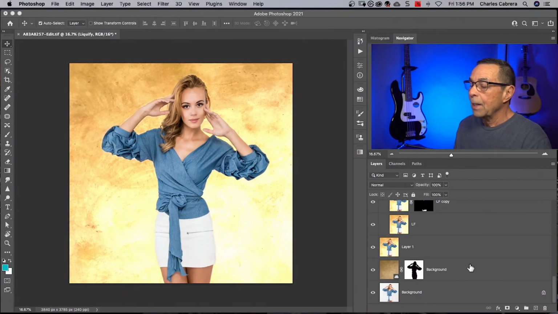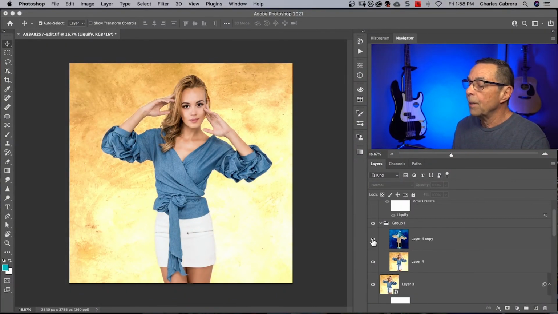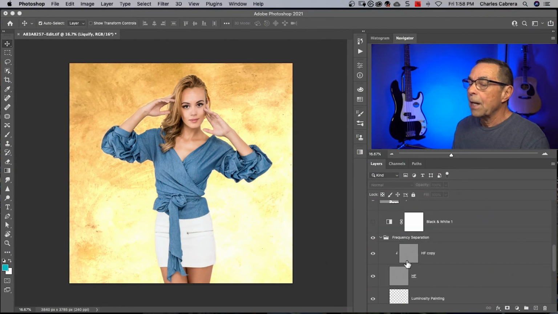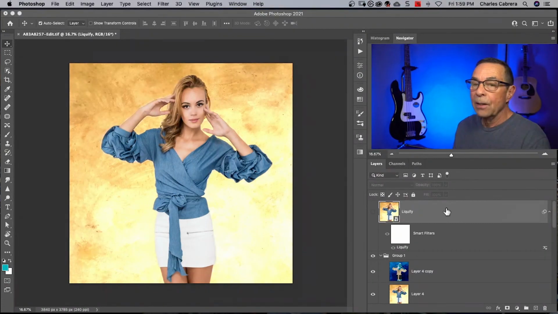Say if I did it right away, I would have all these other layers on top of it that I would be changing. If I did it last, you're still thinking that how am I going to change any layer below that? I would have to redo all my liquefy. But all I would need to do would be to turn off my liquefy layer, and I come down to any of my other adjustments, and I can turn them off or make adjustments to the color. I can go down to my frequency separation and do more blemish removal. And now I did all that work on my liquefy. How am I going to get it back?